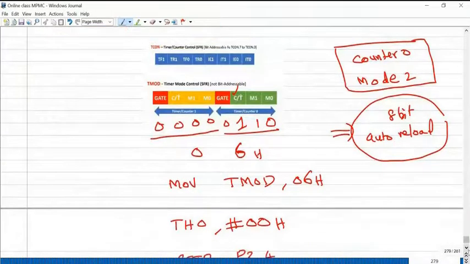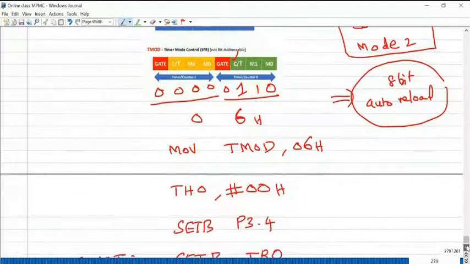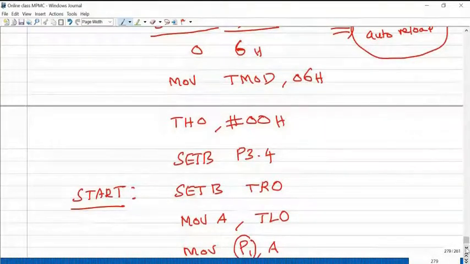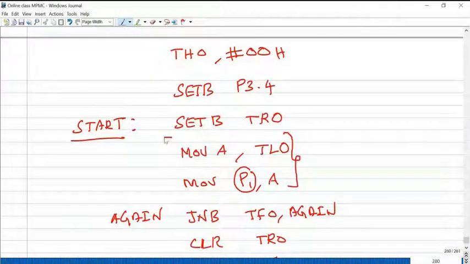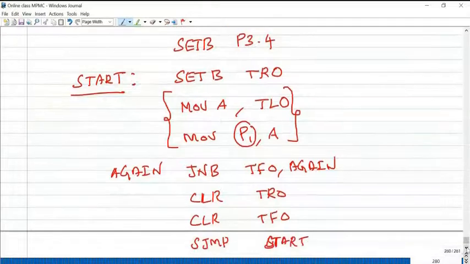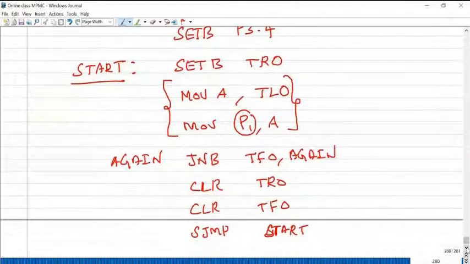Okay. So the second program is exclusively for counting. I'm not incorporating any timers. Start your counter. So your status is available in TL0 in mode 2. In mode 2 configuration, your counting status is available in TL only. So you can read the status of TL.